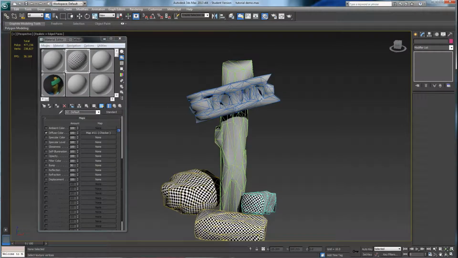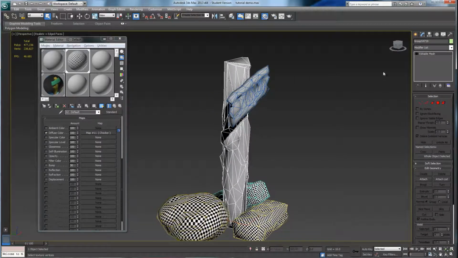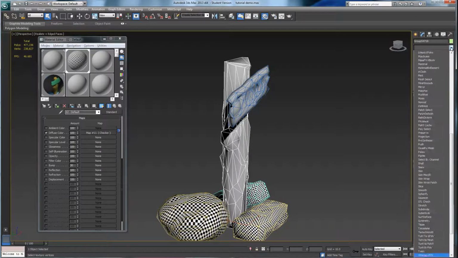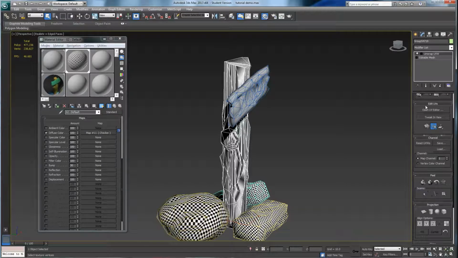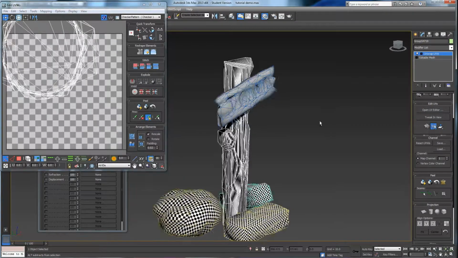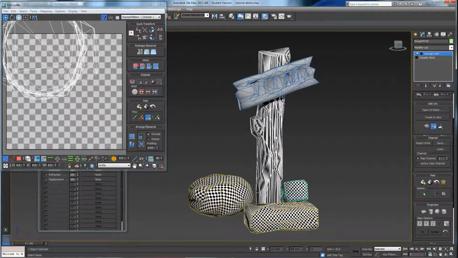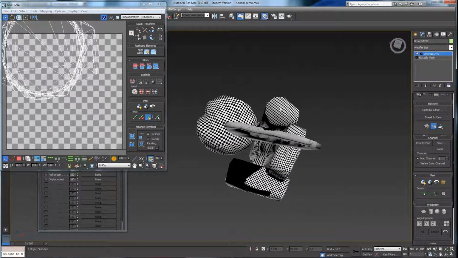So let's go over to, let's do the post first. Alright, and again we're going to do another unwrap. So press U on the keyboard to drop it down here, and then you can click this. Open up the UV editor, and as soon as I put on that unwrap, you see it popped in with all the textures. So F4 on the keyboard,